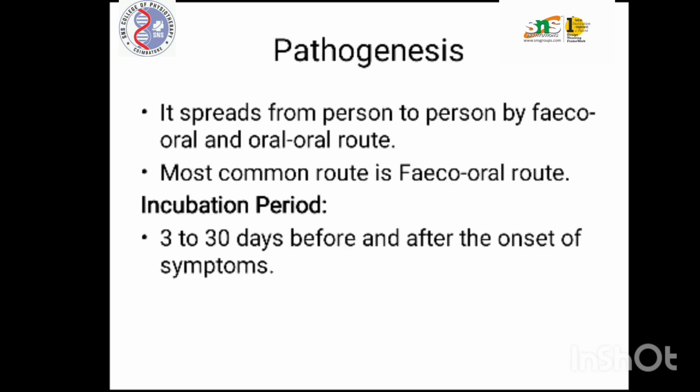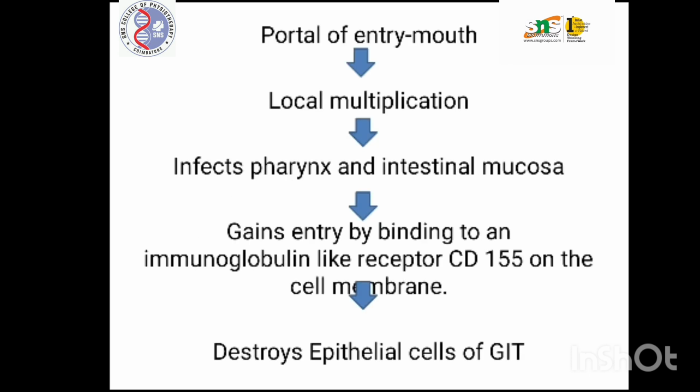Pathogenesis. It spreads from person to person by the feco-oral or oral route. The most common route is the feco-oral route. The incubation period is 3 to 30 days, and it is infectious before and after the onset of symptoms. The portal of entry is the mouth, then local multiplication, infecting the pharynx and intestinal mucosa,